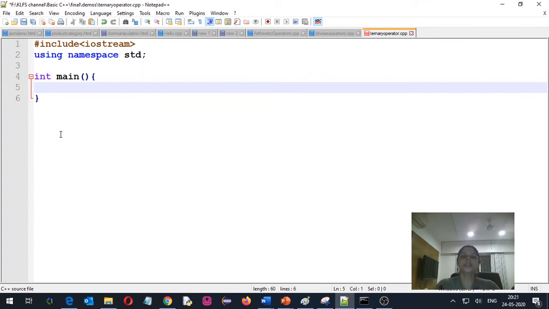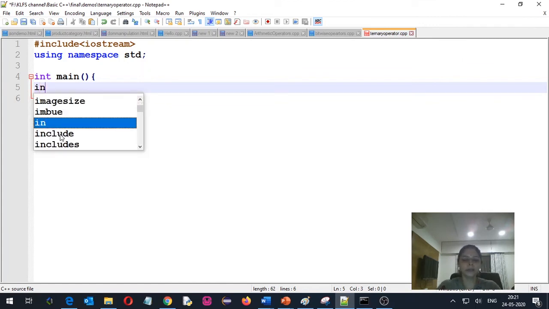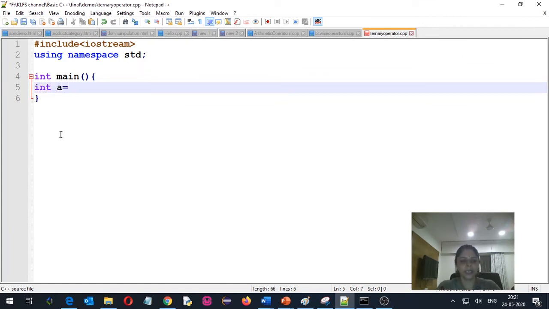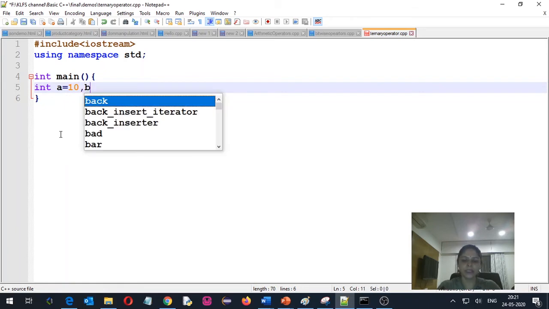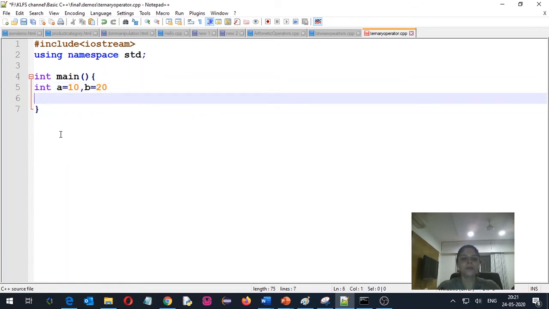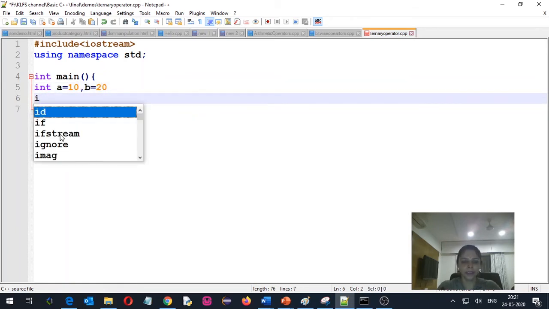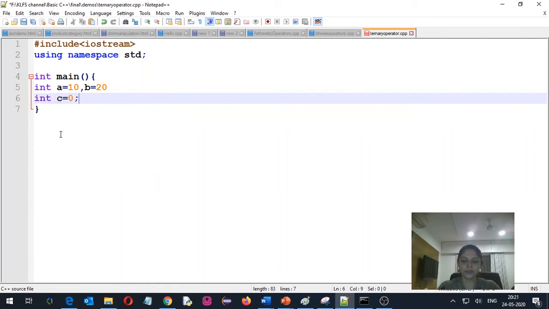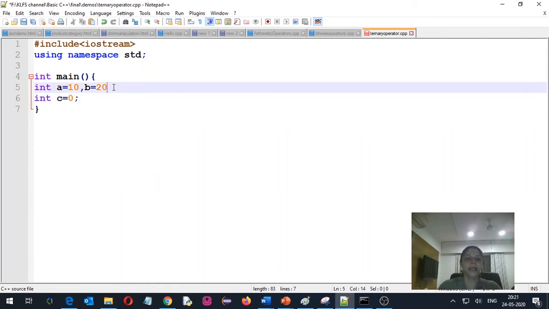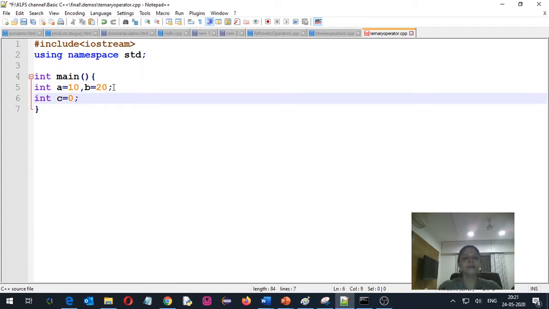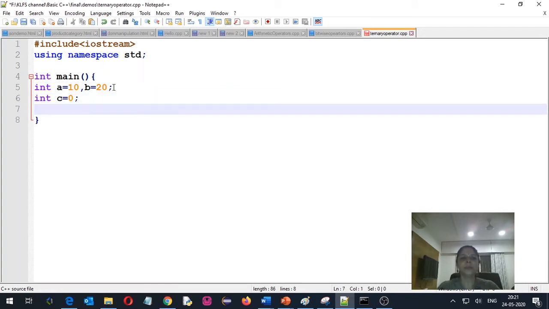If we want to check how the ternary operator works, then here I am taking two variables, A is equal to 10 and B is equal to 20. I am using one more variable, int C is equal to 0. To find out the maximum value between A and B, I can use an if statement or I can go for the ternary operator.